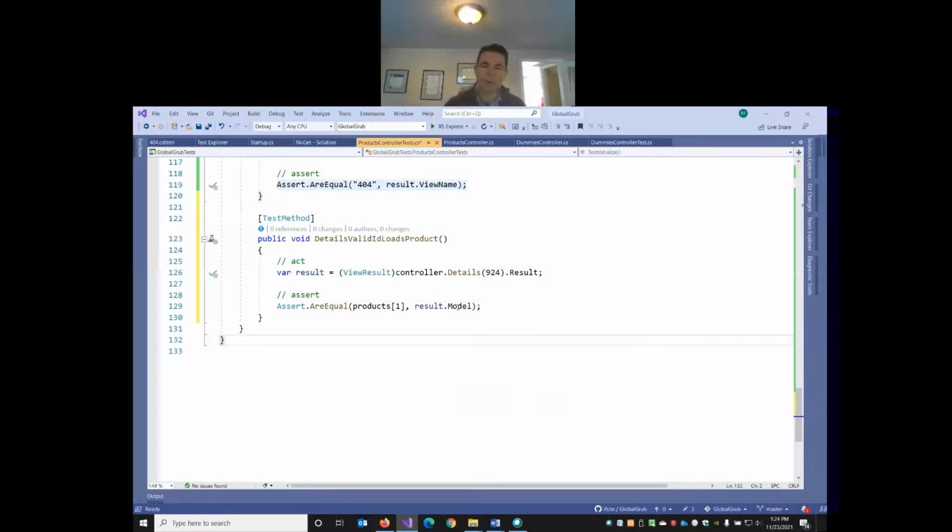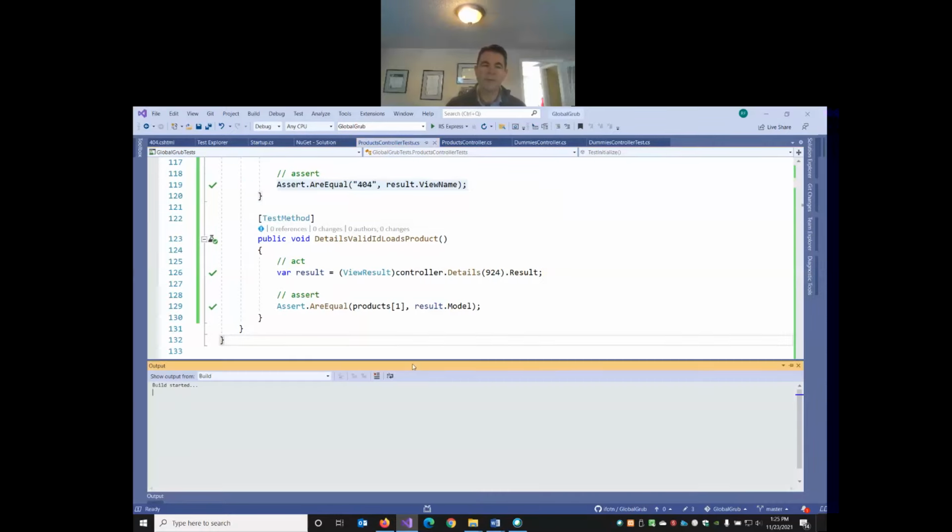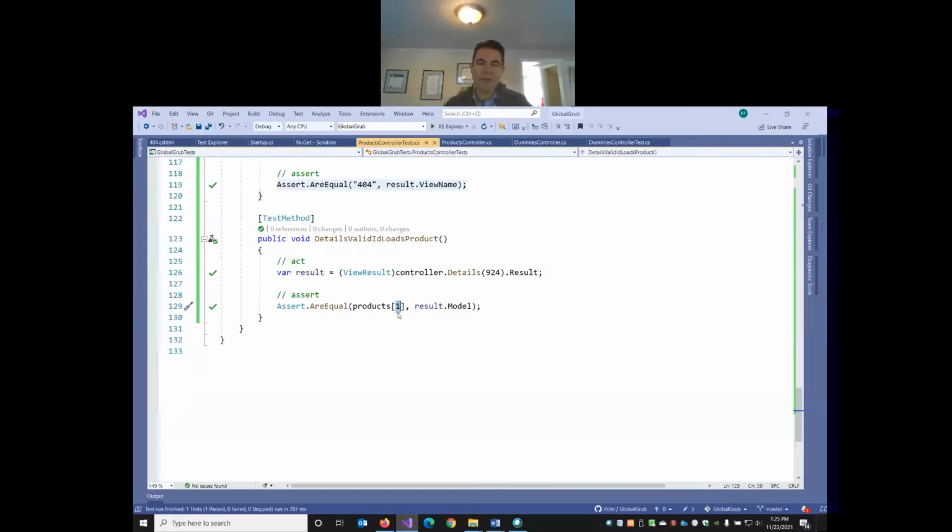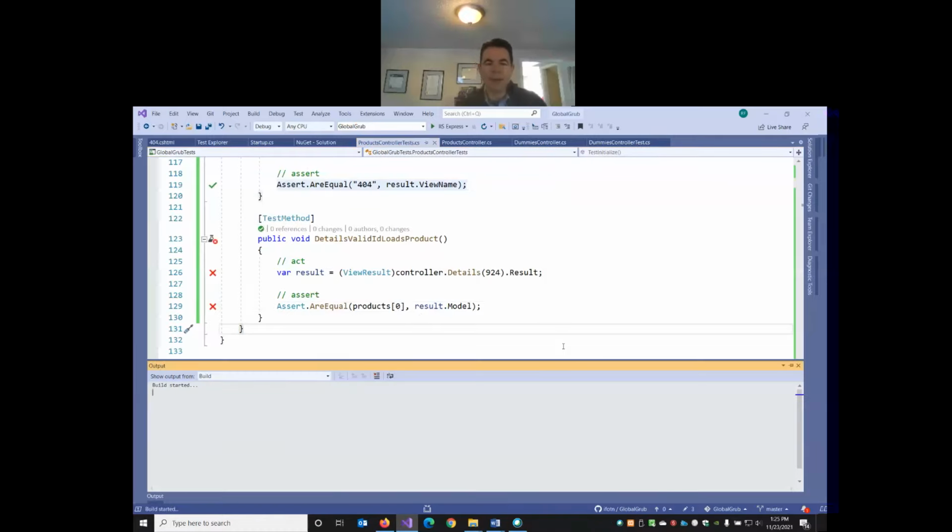That it's equal to the model object of my view result. So if I run that test, it passes. If I use one of the other indexes, it should fail. As soon as I change that and run it again,